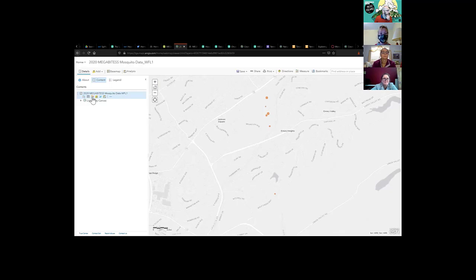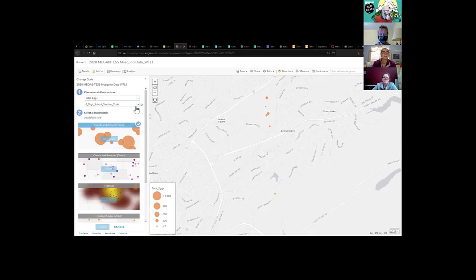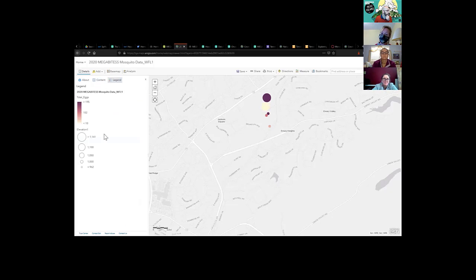And so it looks like the same thing. We're looking at total eggs to start with. And then again, if we wanted to compare it with elevation, we can do that. So these two, look at that. Interesting, Julie. Check it out. Yeah, what is going on? The elevation of those is higher, and you've got tons more eggs there, but that's just for week 35. So does that trend follow over time?